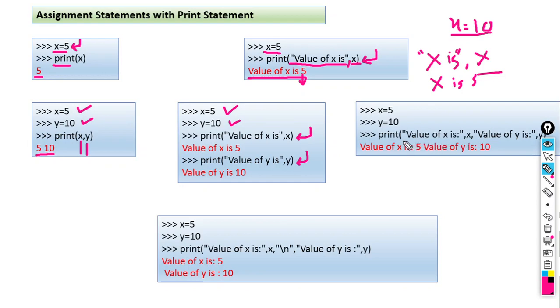Look here, we are giving text within the quotation marks and the variable without quotation marks, because we are going to print the value of that particular variable. So value of x is, then x, value of y is, then y. When we press the enter key, what output will you get? Value of x is 5 and value of y is 10.